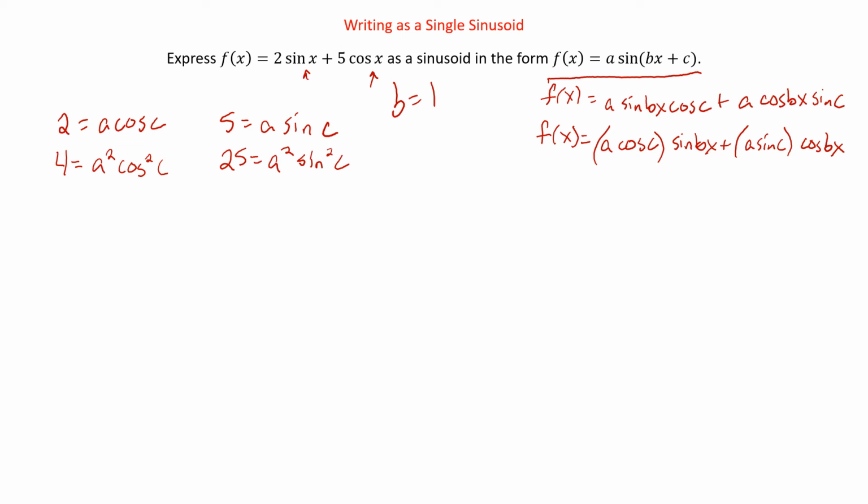We did that. Now we're going to add these two equations together, just like we do with elimination. However, we're not going to eliminate anything right off the bat. I'm going to flip my order here, so we have a squared cosine squared c plus a squared sine squared c equals 4 plus 25. So it didn't cancel like usual. Usually we'd have like a 3x plus negative 3x, and the x goes away. But if we factor out this a squared,